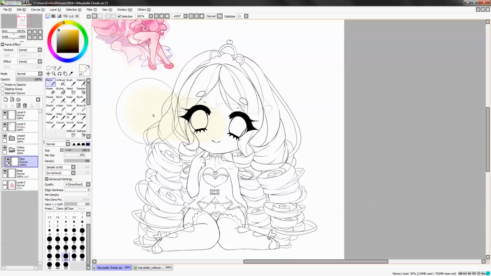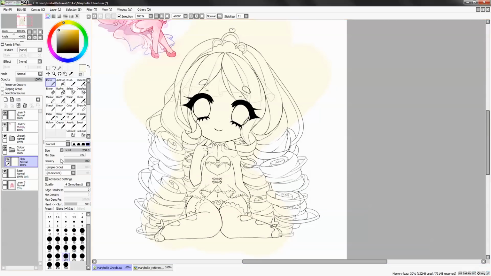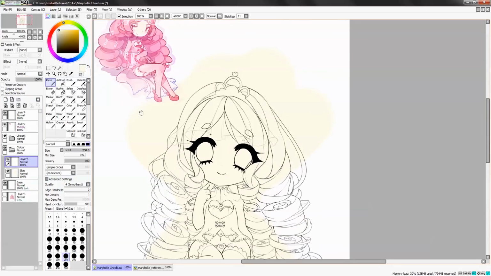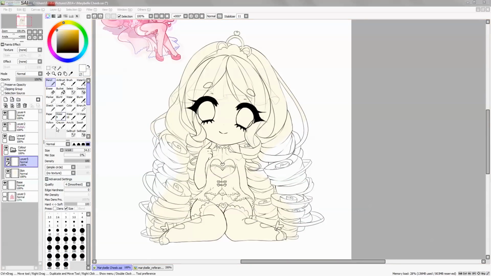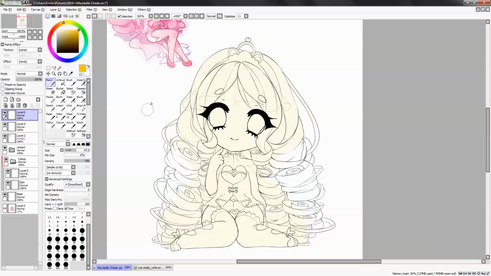And then you can color outside the lines how much you want. I'm overexaggerating now because, yeah. You can color outside the lines. You can make a new layer to color the hair and everything. Oh, and also if you didn't get what preserve opacity does, it is that you can color on the same layer that you currently have, and you click preserve opacity, then you can color on that layer, but if you do it on another layer, it will have no effect. It only works on the same layer.